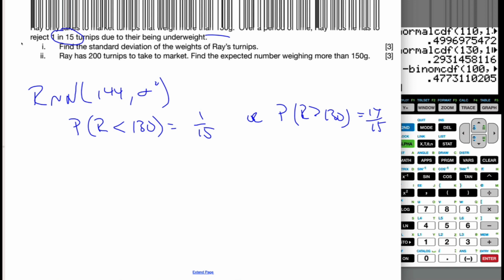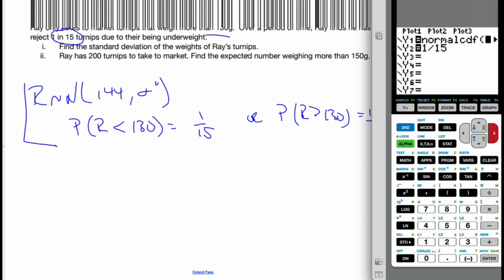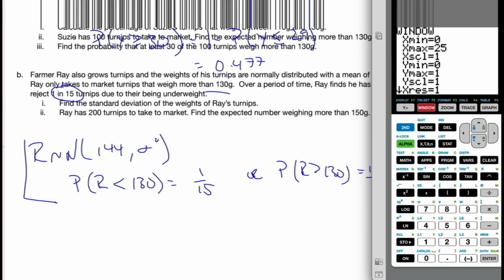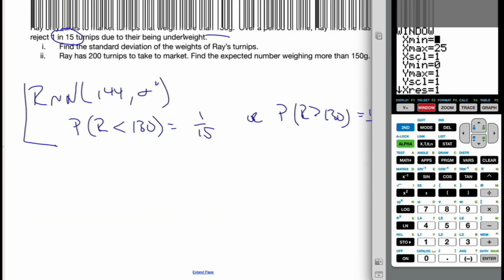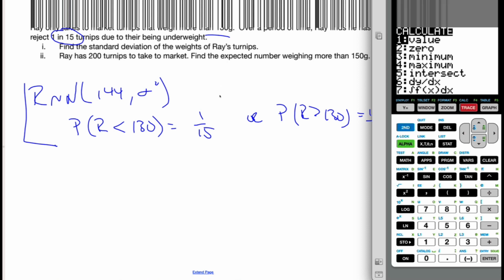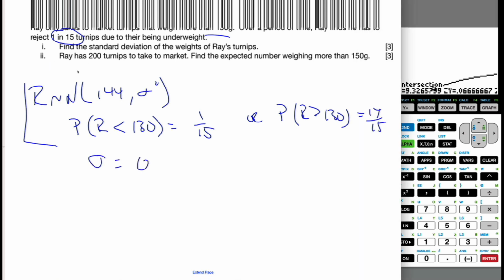Well, if I take this scenario here, if I go to my calculator, if I graph it, and look at what I've put in, I'm using this scenario here, so less than 130, up to 144 at my standard deviation of x. My x value is standard deviations, and I can tell that Sally's standard deviation was 14.7, so it's going to be around this range of 0 to 25, I'm guessing, and the probability is the y value. So if I graph this, I can see that they intersect, and so I'm going to trace it and find the intersection. And so the standard deviation is